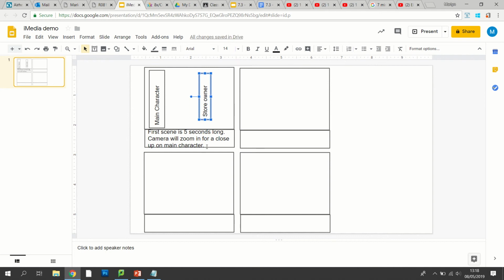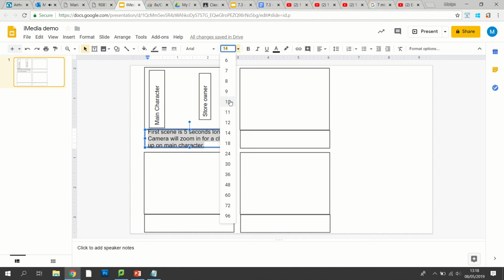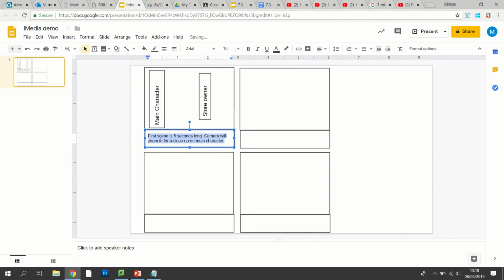I'm going to have to make this text a little smaller so that I can see what's going on. And actually, now I've started to put some stuff in there, I'm thinking that I'm going to change what I've written. So first scene is 5 seconds long. Happy with that. Camera will zoom in for a close-up on main character. Then pan, that means move left to right, to the store owner.